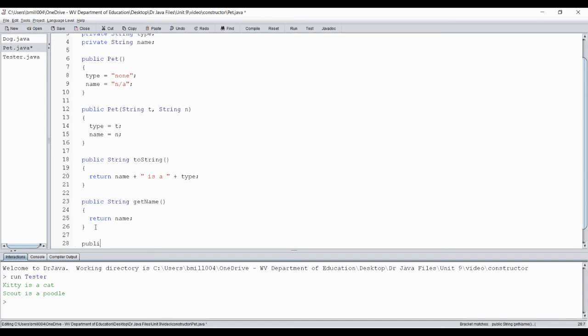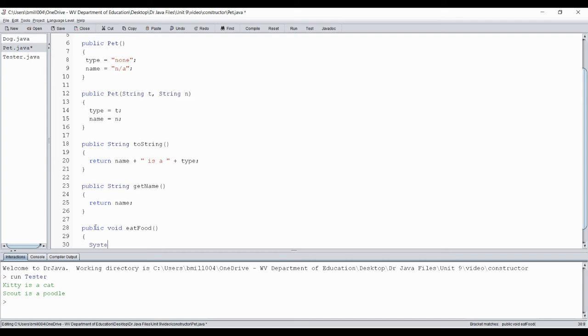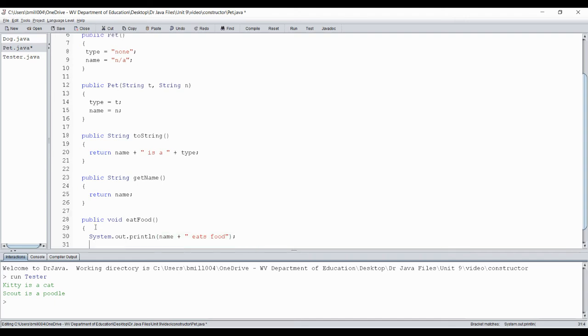What did I have? Public void. I think it's eat food. So this will have no parameters, and it's just going to print out a little statement here. And we're going to say whatever the animal's name eats food. Okay, very simple